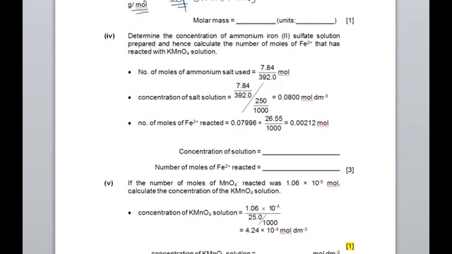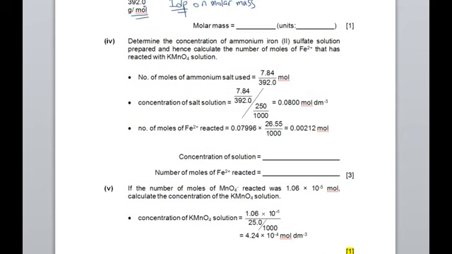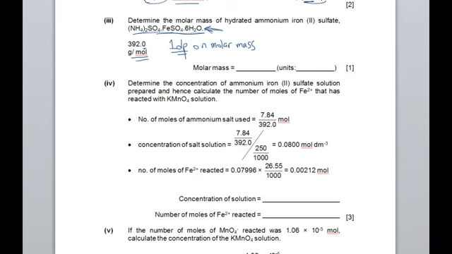Okay, so for part 4 to part 6 of the question is really the more difficult mole calculations. So in part 4, we are asked to determine the concentration of ammonium iron 2 sulfate solution prepared. So if you can remember the scheme which I showed you just now,